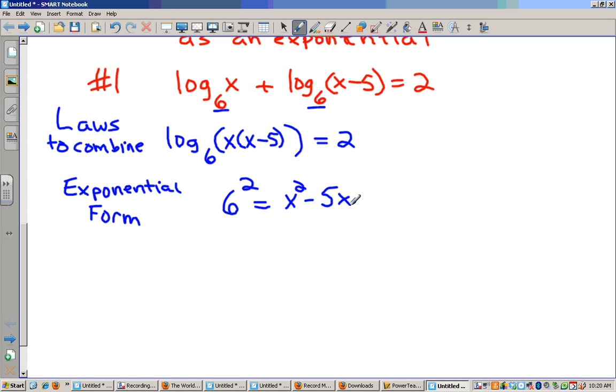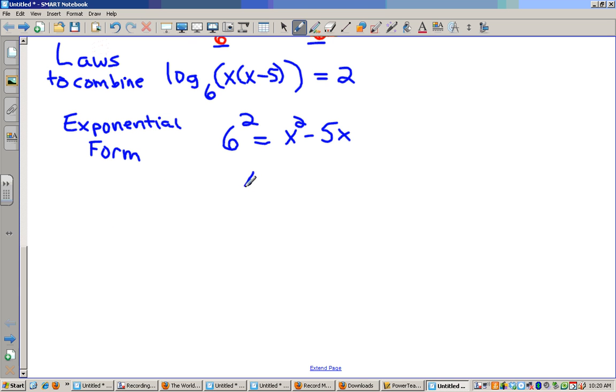Yes, because it's a quadratic. It's got x squared in it. What we want to do is make it equal to 0 and factor. That's how we solve quadratics. That's what we learned in grade 11. Okay? So we're going to go x squared minus 5x minus 36. We're going to subtract 6 squared, which is like subtracting 36,